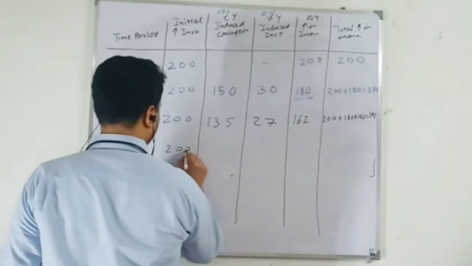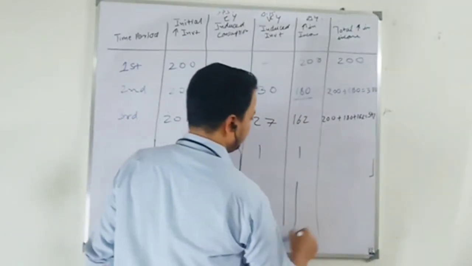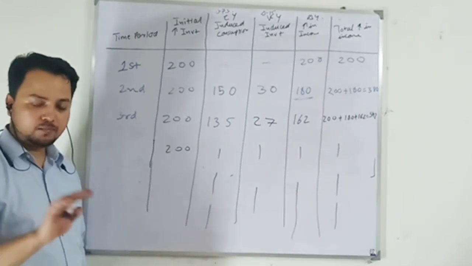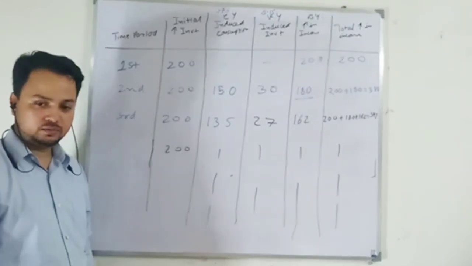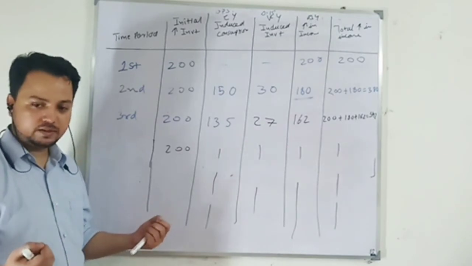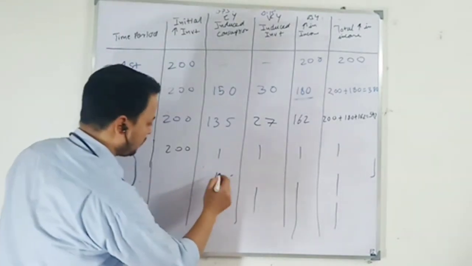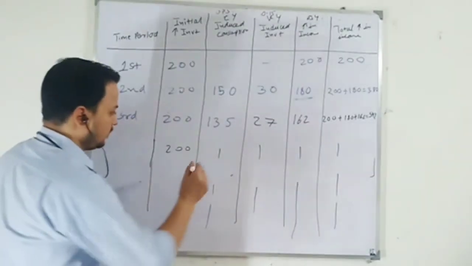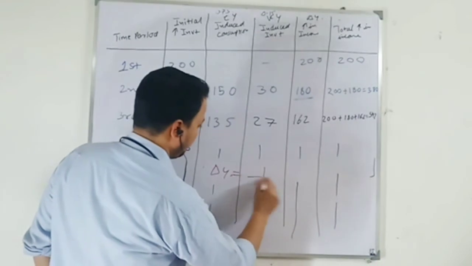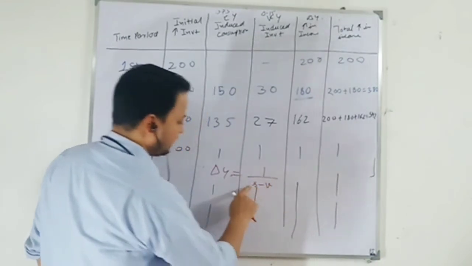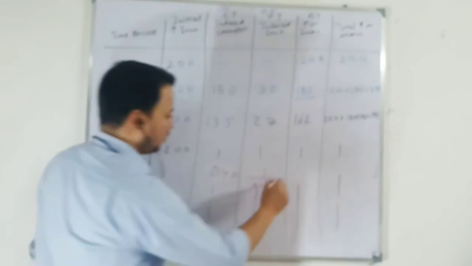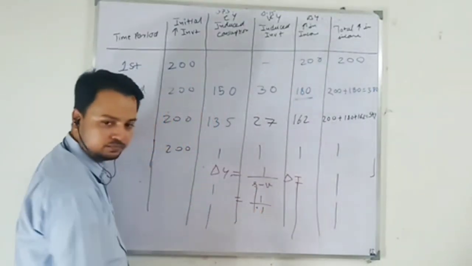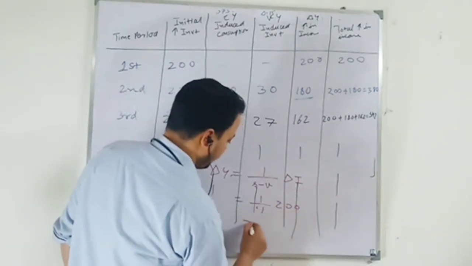This process will continue, and this 200 will remain. From our super multiplier we will come to know where it is going to halt. How much will be our increase in income? Change in income is 1 over (s minus v), times the change in investment. s is 1 minus small c, so you get 1 over 0.1, which is 10, times 200. So you get 2000.